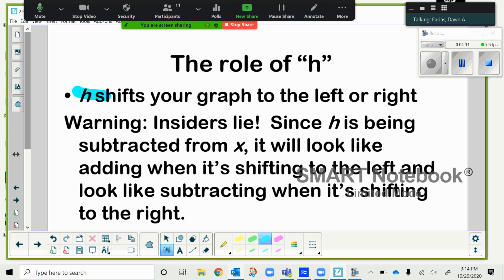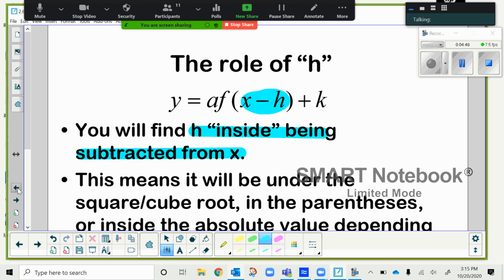h shifts your graph left to right, and it follows the insider's lie shortcut. So if you have 5 being added to your x and it's inside parentheses, then what that means is plus 5 actually means you're going to the left 5. And the reason why insider's lie is just for x is